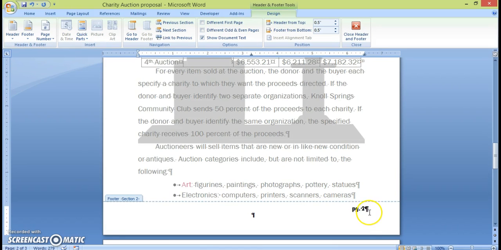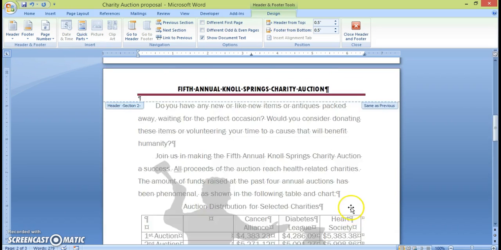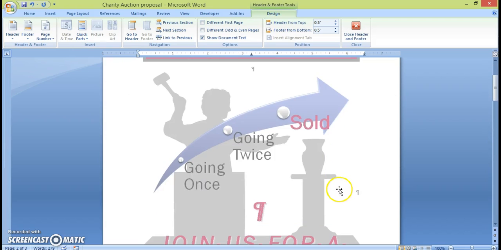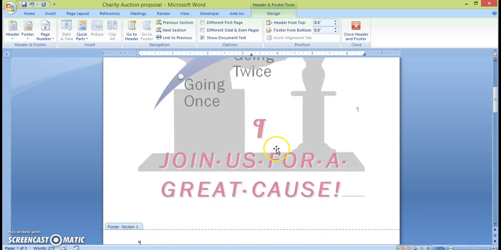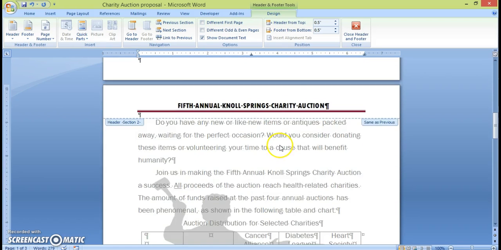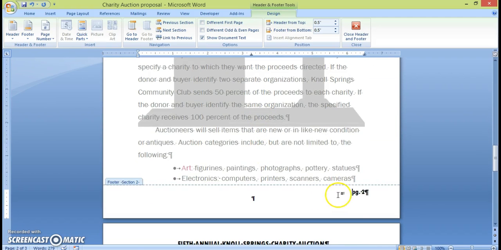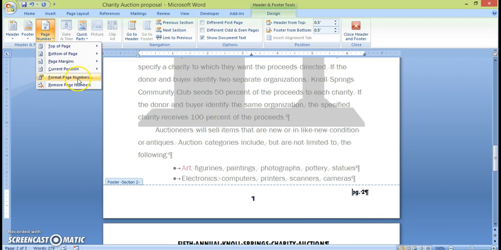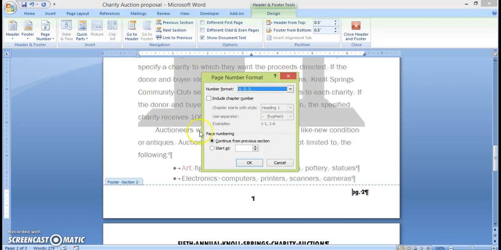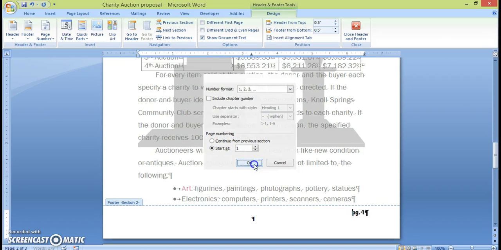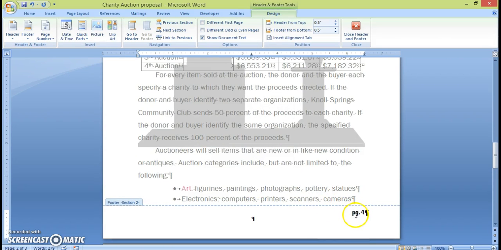Now it's put our page number down here at the bottom, but there's a problem because page 1 is actually our title page, but most documents you're not going to include your title page as page 1, so you have to do some formatting here. So instead of saying page 2, if we go up to numbers and we go back up to format page numbers, we're going to start at 1. And so you notice that it changes from page 2 to page 1,